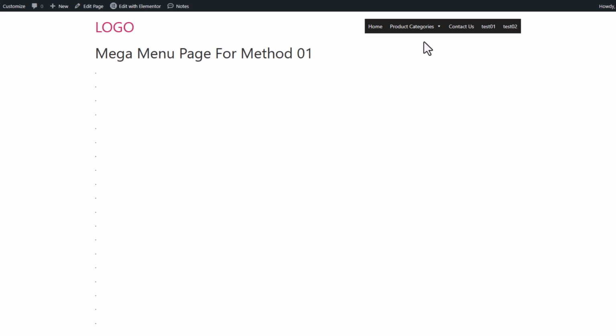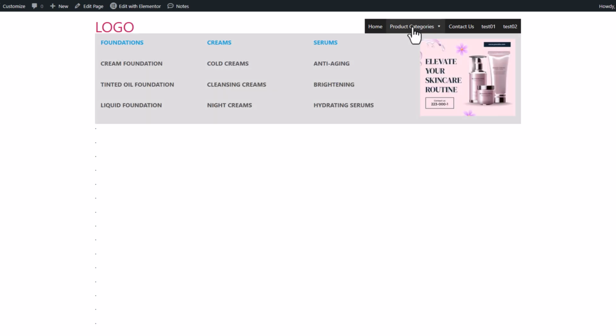So this is how it looks. And this is it, and that's how you can create a professional mega menu if you are using the Elementor